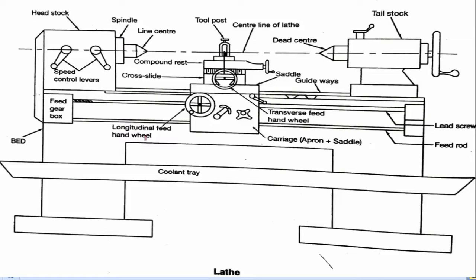So this is the layout of a lathe machine. You can see a headstock. This entire component is known as headstock, and it is used for supporting spindle and spindle bearing, and also it houses the speed changing mechanism. We have some levers and gears inside. So this entire headstock will support all these speed changing mechanisms, and the spindle holds the chuck where we will place the workpiece which is to be machined.